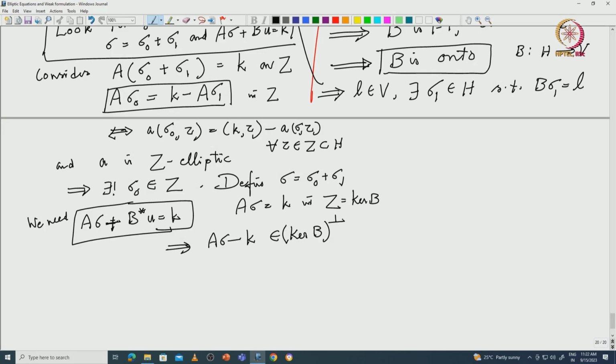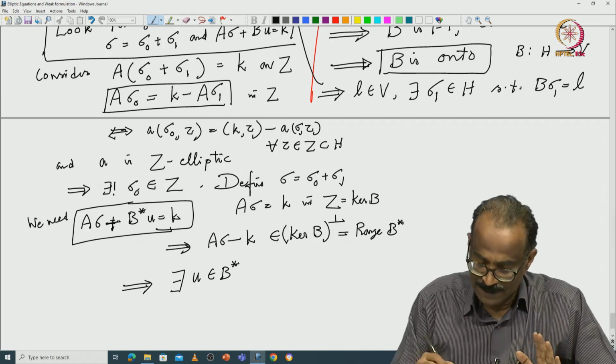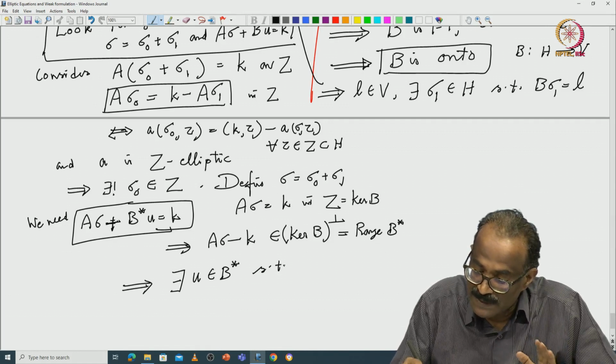Okay. You can conclude only this; you cannot conclude that Aσ − k is equal to 0, and that is not what we want. So, the kernel of B perp, and again you recall the results from here, is nothing but the range of B star. So, this implies there exists an element u, of course uniqueness is guaranteed right now. So, we are only proving the existence: there exists u